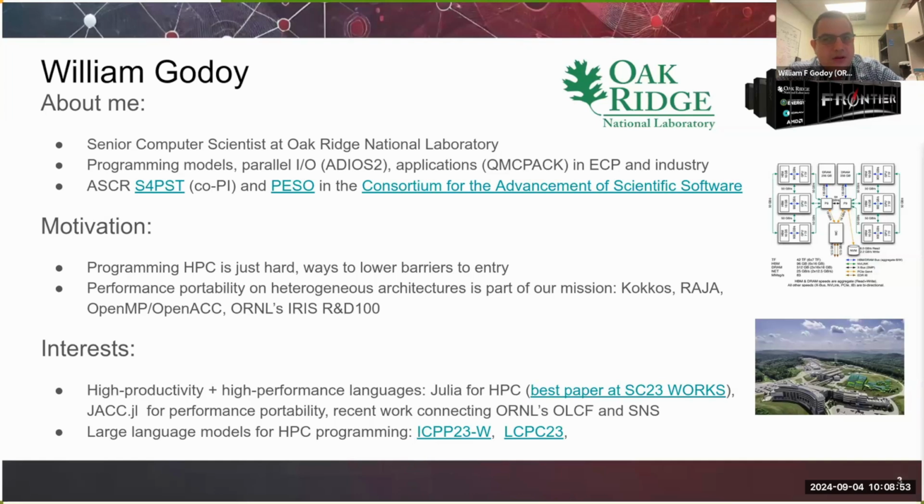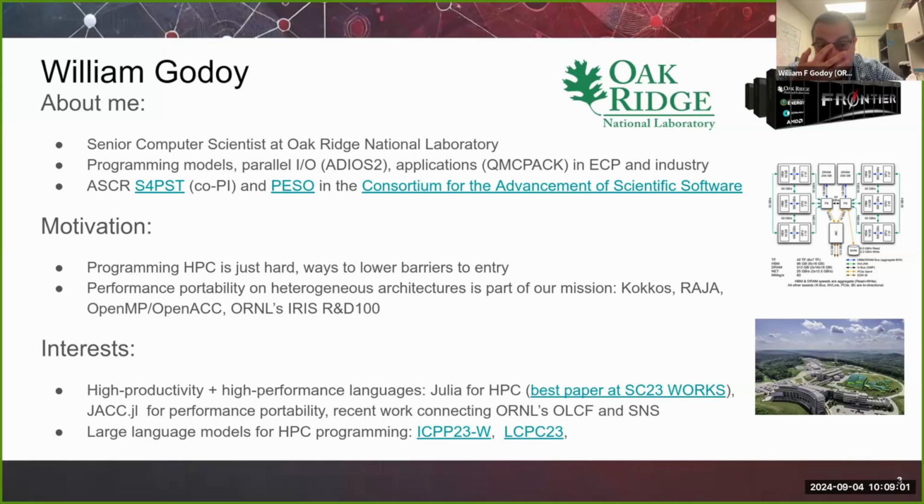So why am I motivated in this topic? Because programming HPC is just hard. It's really hard. One of the things I also like doing is working with interns, and we realized that heterogeneity has added a steep learning curve. And also because it's part of our mission. DOE doesn't play favorites. On the ASCR side, we have performance portability and heterogeneous architectures as part of our mission. And as you can see, there are products on the programming model side that DOE funds, right? Like Kokkos, RAJA,